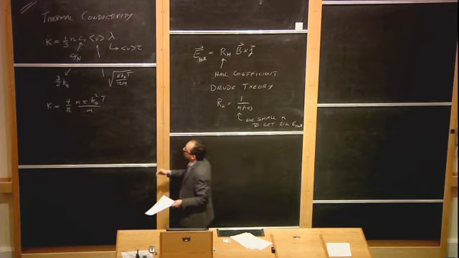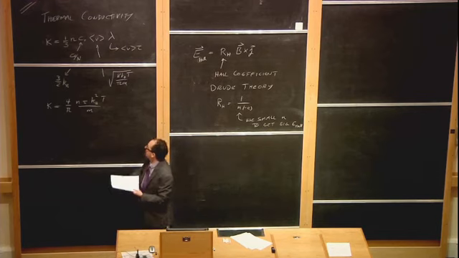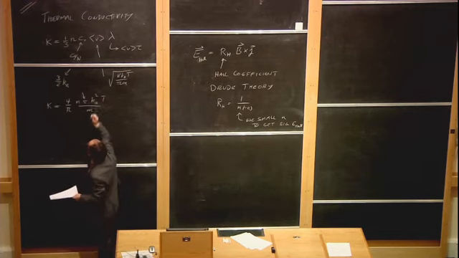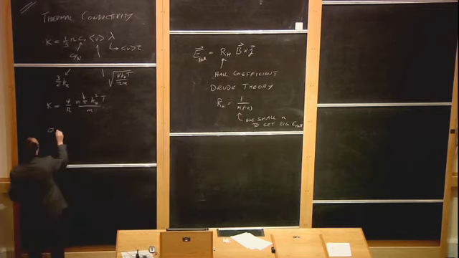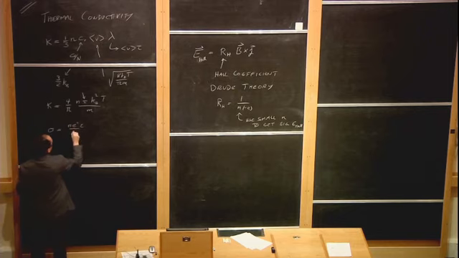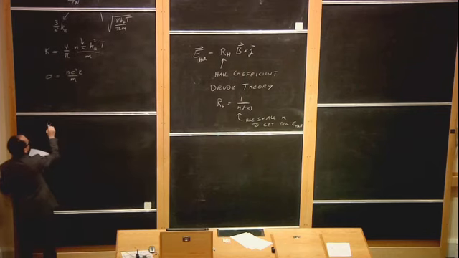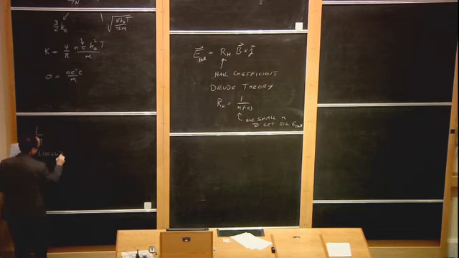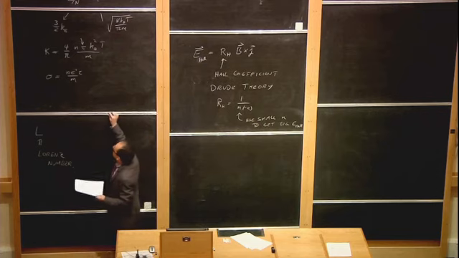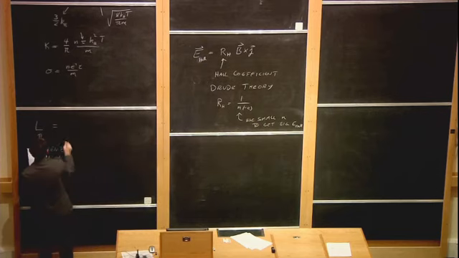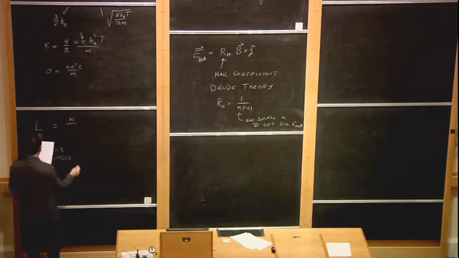Now, again, we have this question, is this a good answer or is this a bad answer? And we don't really know because we have this unknown quantity tau in this equation. But it's not so bad because we also had sigma is ne squared tau over m. And we can look at the ratio of these two quantities and get rid of tau. So let's do that. We'll take what is known as L, the Lorenz number. This is not actually the same guy who is Lorentz transformations and Lorentz force. This is Lorenz without the T in his name. Everyone seems to have the same name in Germany in the 1800s.